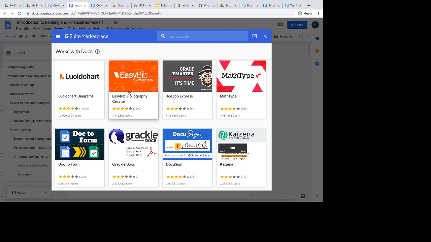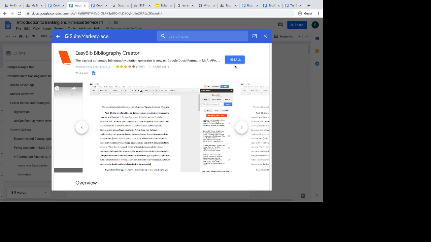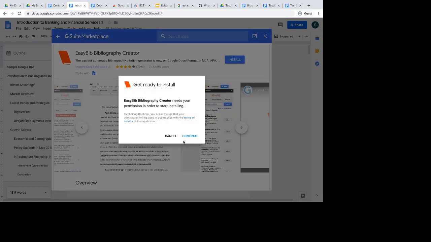So, for example, and this is especially for people who work on academic papers a lot, you can click on easy bibliography creator, and जो भी आप manually करते हो to create this APA referencing, Harvard referencing, etc., this will be quite helpful in automating that process. You can simply click on there and then click on install,